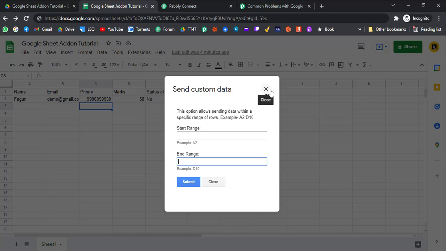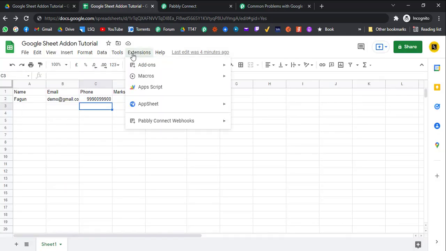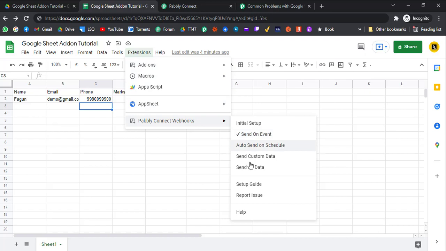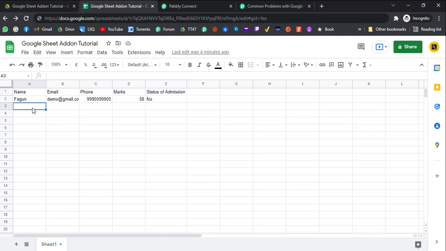Also, you can send all data at once as well. These two features, in my opinion, are very helpful in anything you want to do in bulk, like bulk certificate generation, bulk messaging or bulk email. This feature is very helpful.